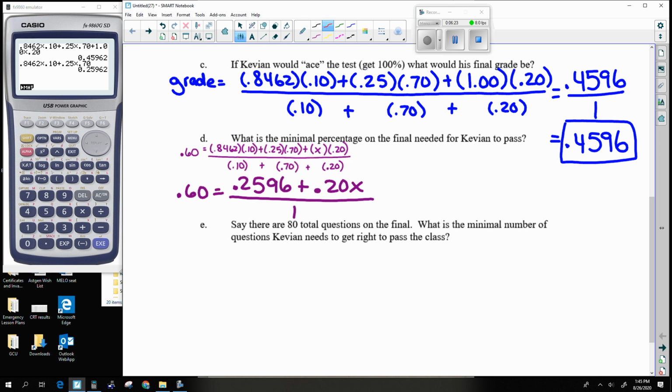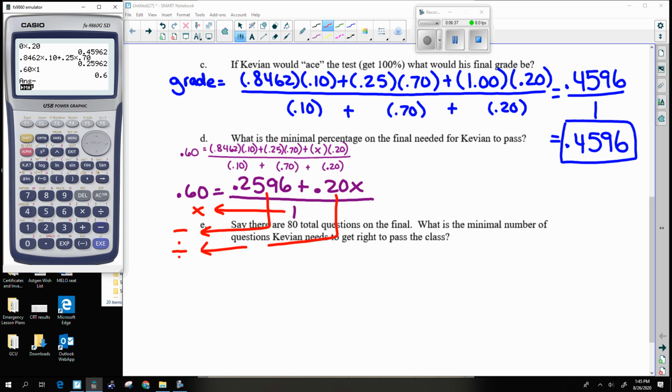To solve this, I multiply out the denominator, subtract the constant, and divide by the coefficient. So 0.60, I multiply by 1, I subtract 0.2596, and I divide by 0.20, and that leaves me with x is equal to